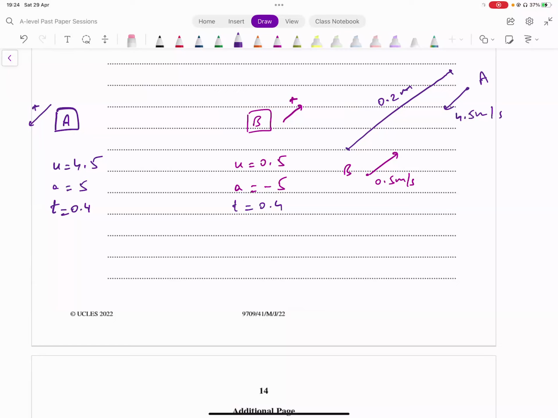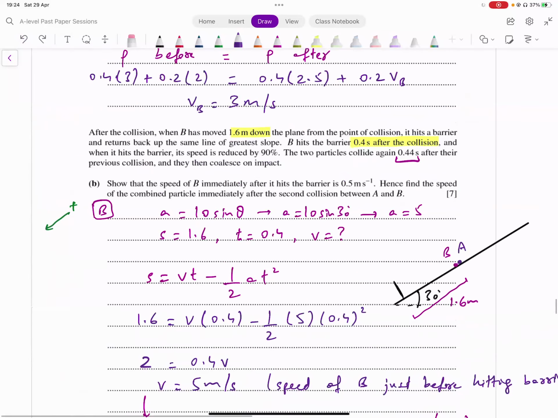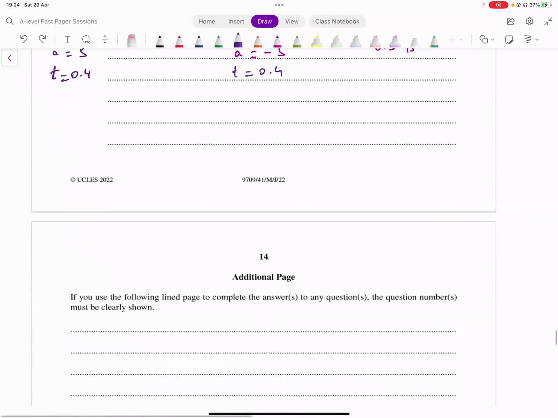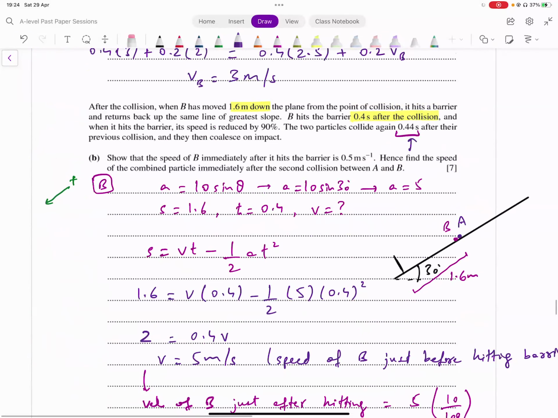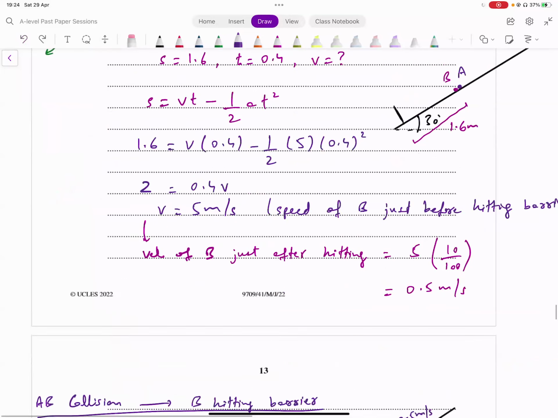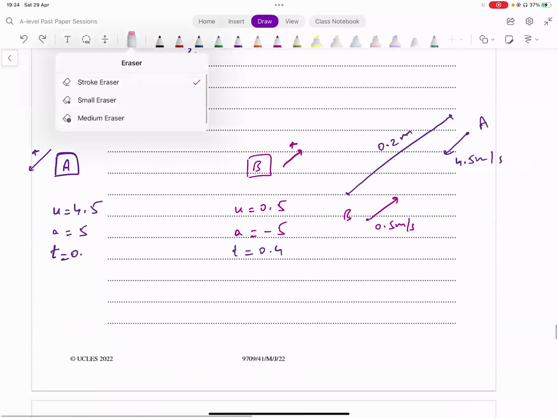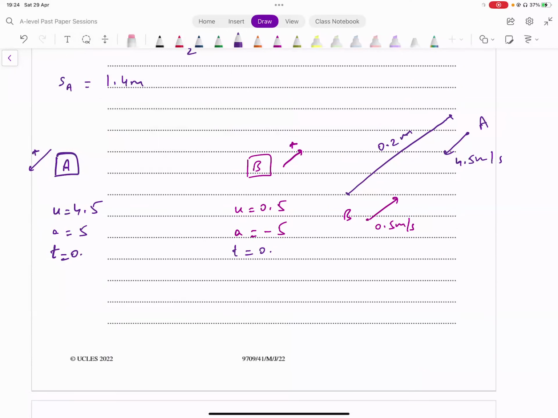ठीक है, अब हम क्या कर सकते हैं, इनकी वेलोसिटी फाइंड कर सकते हैं जब इनकी दोबारा कोलिजन होती है। दोबारा कोलिजन कब होती है? टाइम इक्वल 0.4 के बाद, है ना? That's what it says. 0.04 के बाद, सॉरी, बिकॉज 0.44 ये है और 0.4 इसमें से माइनस करेंगे तो हमारे पास क्या आएगा? 0.44 minus 0.4, that's going to be 0.04. इतना टाइम इन्हें और लगता है बिफोर देयर सेकेंड कोलिजन।